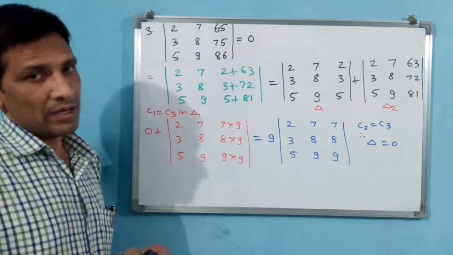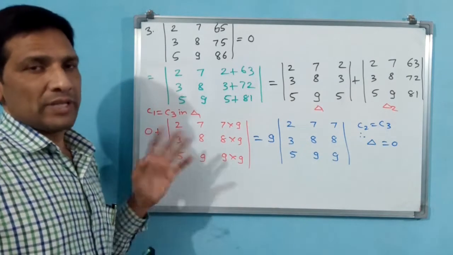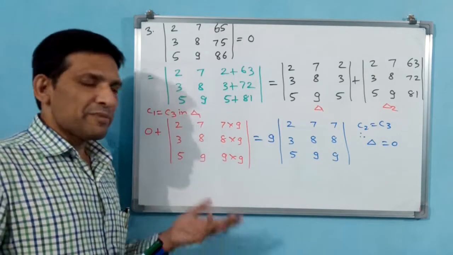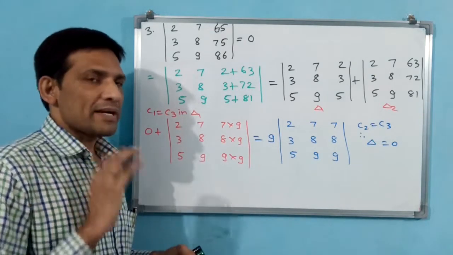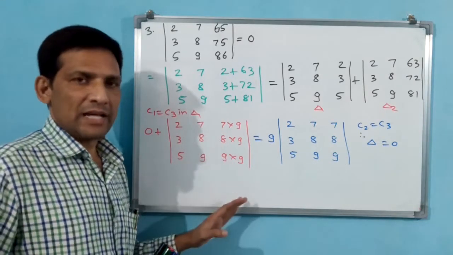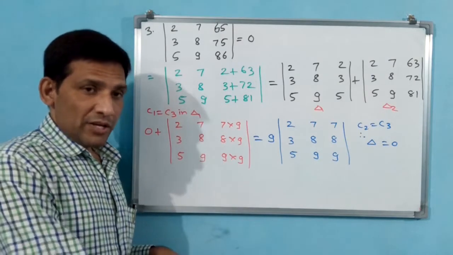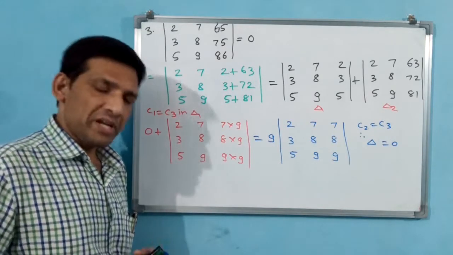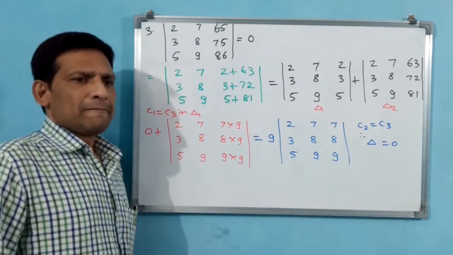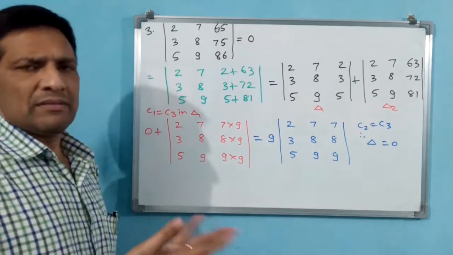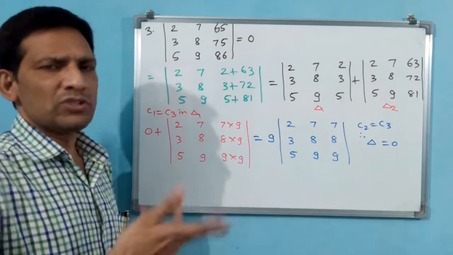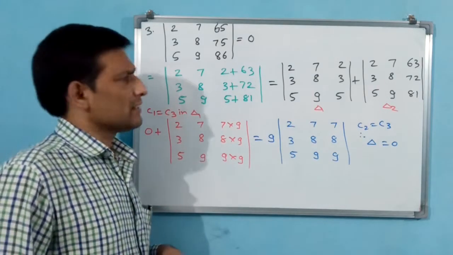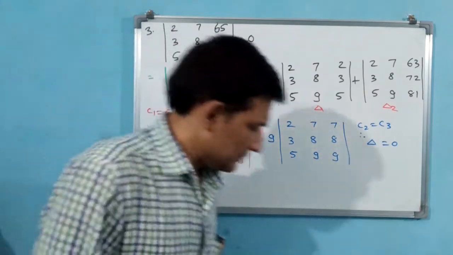You understand, na? Like that you have to think. See, this will come with practice only. Number of times you have to do practice. See, all exercise questions I am doing, but all examples in the NCERT book, you have to try. You will try. Why? Because all answers and solutions are there in your NCERT book. Why can't you try? You try. Okay, it is better. Let us go for the fourth question.